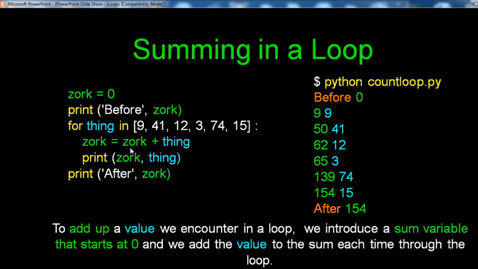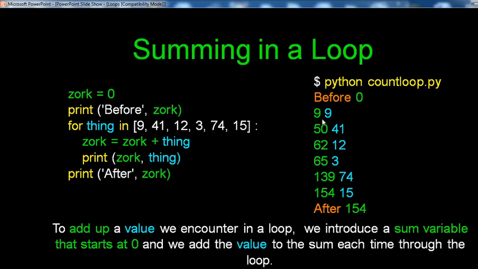Okay, then what is your ZOR value here? That is ZOR value 9. Okay, what is ZOR value here? Output 9. Then 9 plus 41, 50. Again 12 plus 50, that is 62. 62 comes here, 12 added. Then add 3, 65. Then 65 and 74, 139, that is added. Again 139 plus 15, that is 154, and finally up to 154. That means addition in this way you have done.